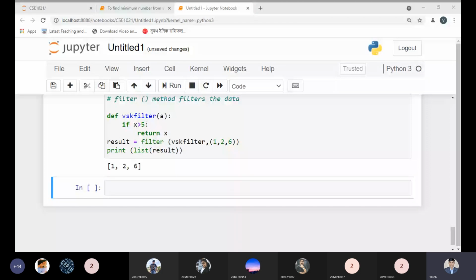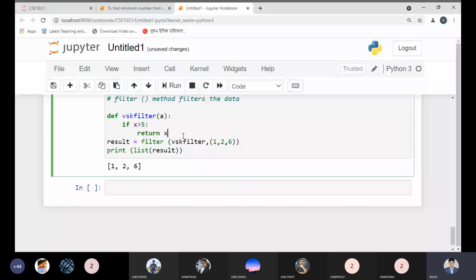So in the result we pass something and it returns something, and here is where I made a mistake. Let me remove this.